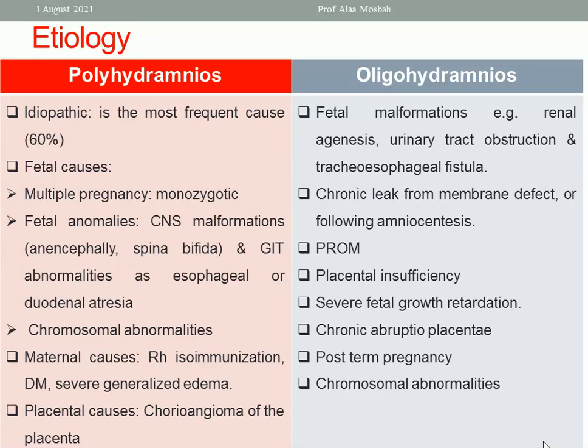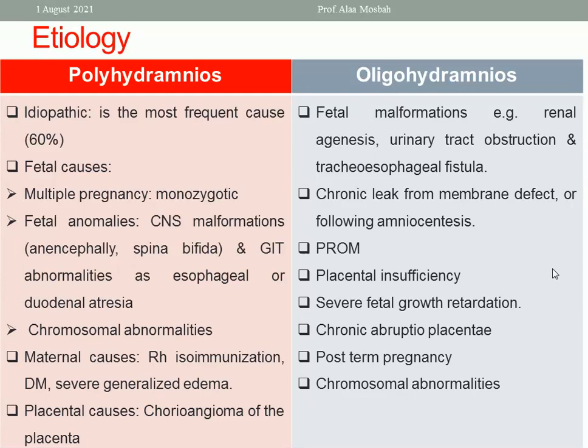Placental causes like chorioangioma of the placenta. On the other side, the etiology of oligohydramnios include fetal malformation. What is very important here is renal agenesis and urinary tract obstruction. This is really very important because there is no secretion of urine. That's why the amniotic fluid decreases, because one of the sources of amniotic fluid is secretion of urine by the fetus. Also, another anomaly like